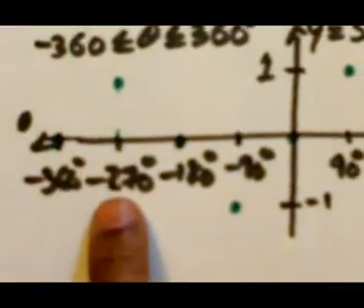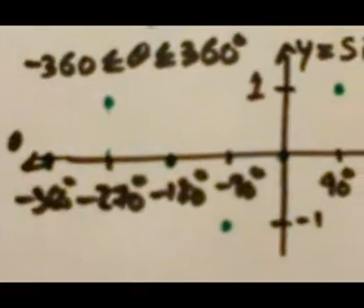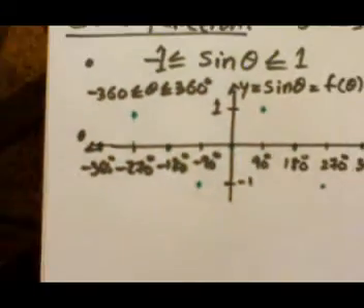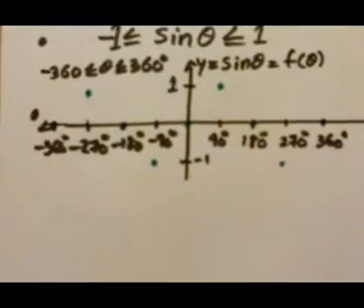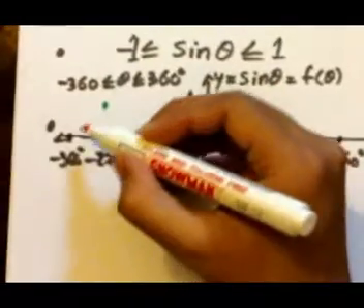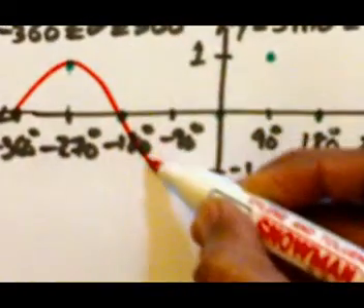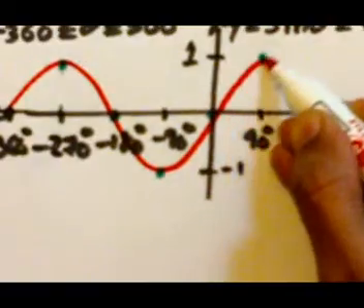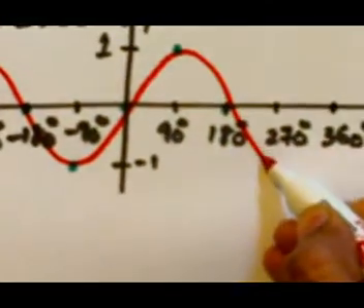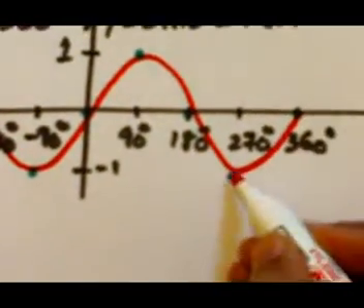So don't get confused by this. Put sine of -270 and you'll get the value 1. This is a very good method of sketching a trigonometric function. You don't need every value. Just join these points with a smooth curve and you'll get your sine curve. So this is known as a sine curve.